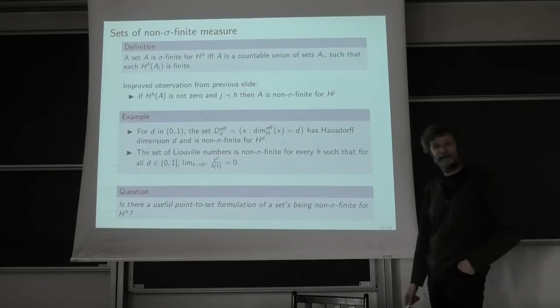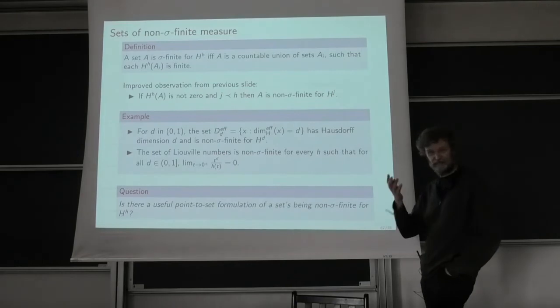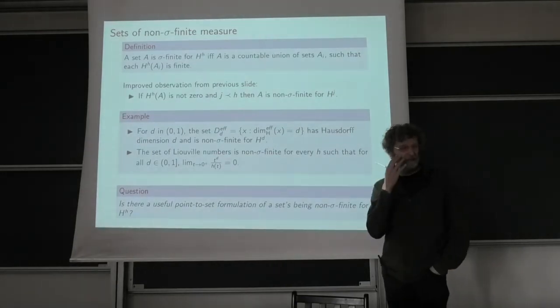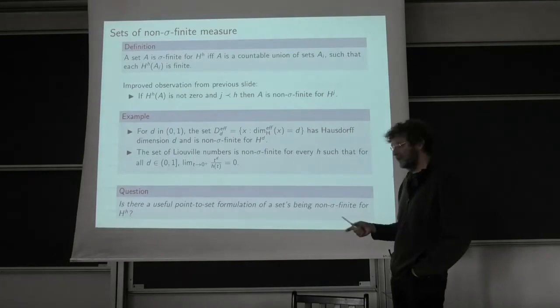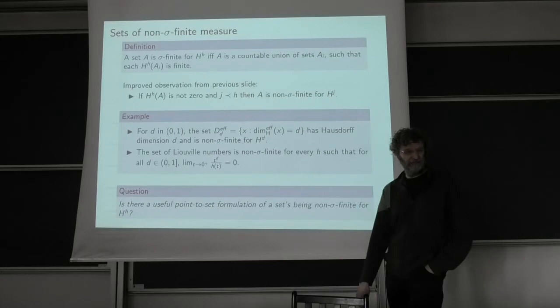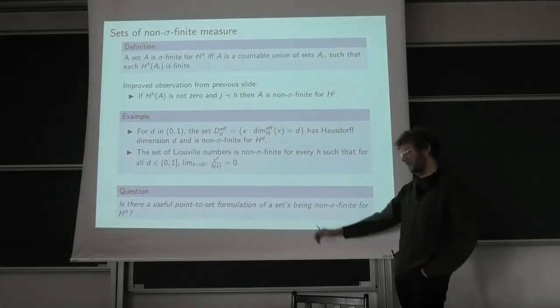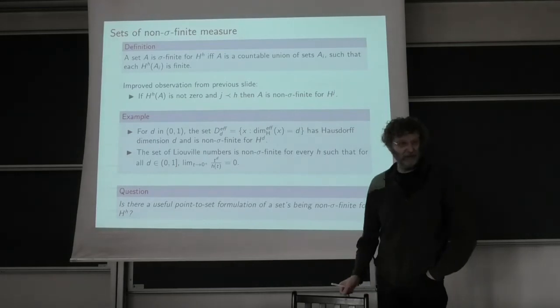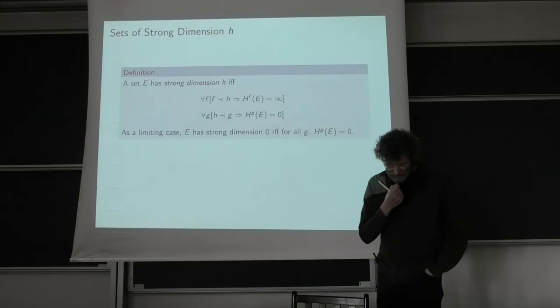I don't know any way to point to a set and analyze some aspect of the points in the set, or some kind of quantitative way to put together an examination of the points, and conclude that the set has non-sigma finite measure. I just don't know how to do that. It's a nice conceptual problem. Okay, now,